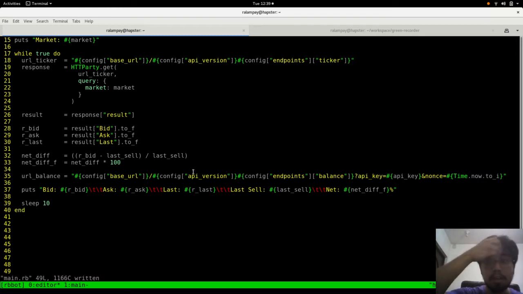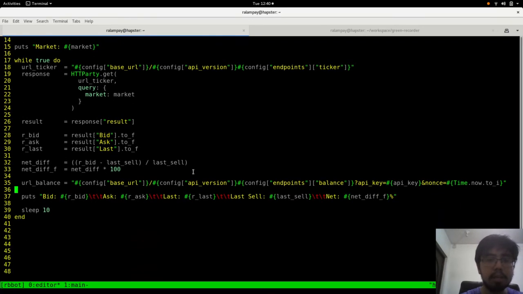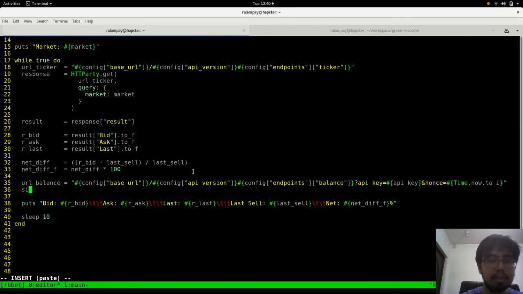of a unique time string, right? So it changes every time, and we have to basically encrypt this using HMAC. Right? That's why I included the base64 CGI libraries from Ruby for us to encrypt this, and I'll call that signature sign. Okay, sign will be equal to OpenSSL